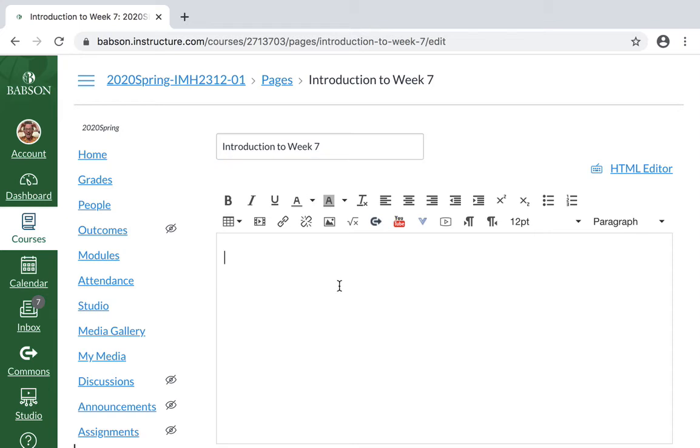Now at this point, you can just bang out documentation, or you could copy and paste, right, from another document on your computer. I want this to be very interactive, so I'm going to rely heavily on videos that I create on the fly. You can either make a video in Studio. You see over here on the left at the bottom, there's Studio. You can make a video there,